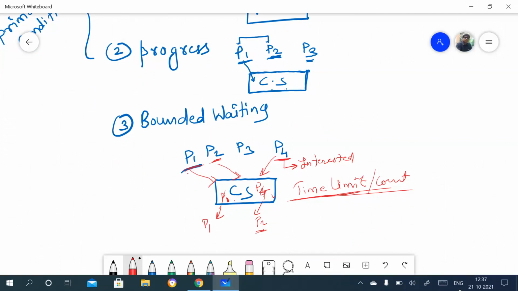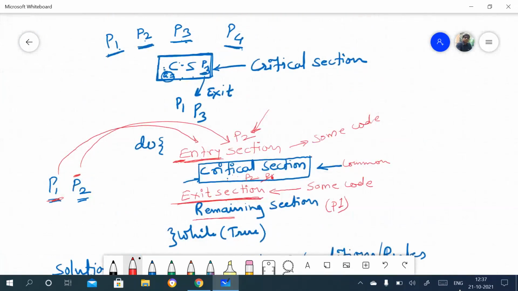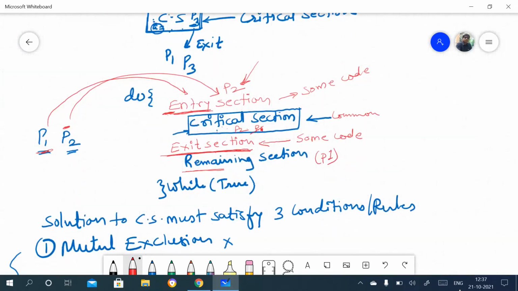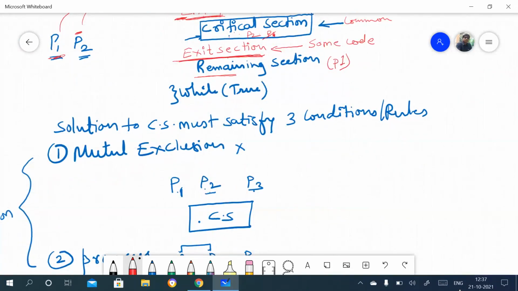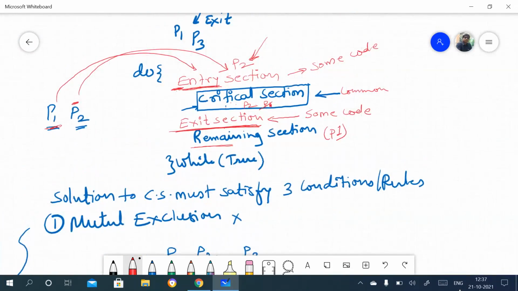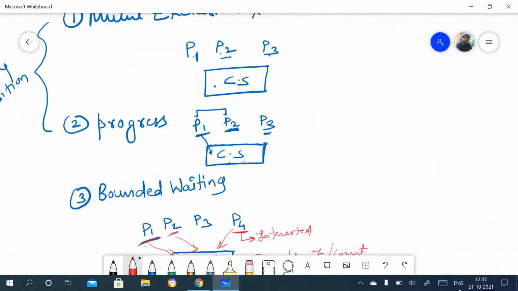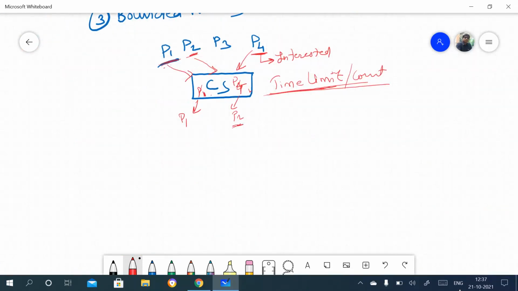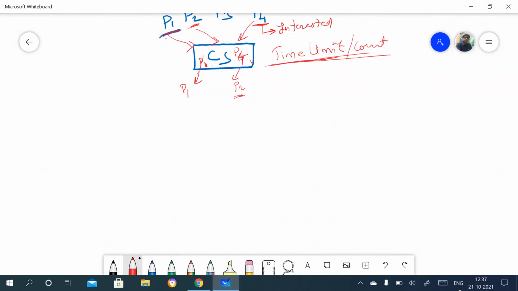So what have we seen? We have seen process synchronization and the critical section. We have seen what the problem is here, and we have seen the solution also. This code is most important, right? You just understand this code. Now, there is one more way to solve the critical section problem, and that way is semaphore.